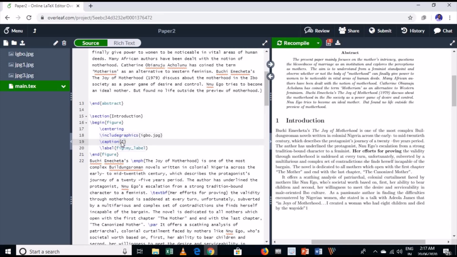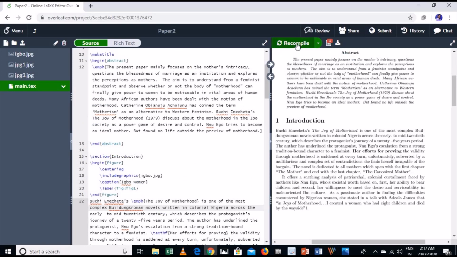The caption is Igbo woman, and this is my first figure, because I am going to add 3 figures in this paper. So, fig 1. The description of this image I have given here between begin figure and end figure.